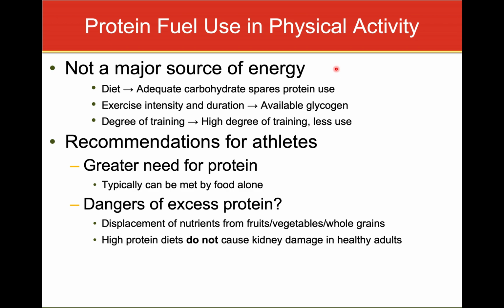This brings us to our final macronutrient, protein. And as I said before, protein is not a major source of energy. We can do some things to make sure there isn't an increase in its use for fuel. If we have adequate carbohydrate, it's going to spare our protein use, right? Our body doesn't want to use protein for fuel, but it can if it needs to. Then there's our exercise intensity and duration. So if we run out of glycogen, we may use a little bit more protein